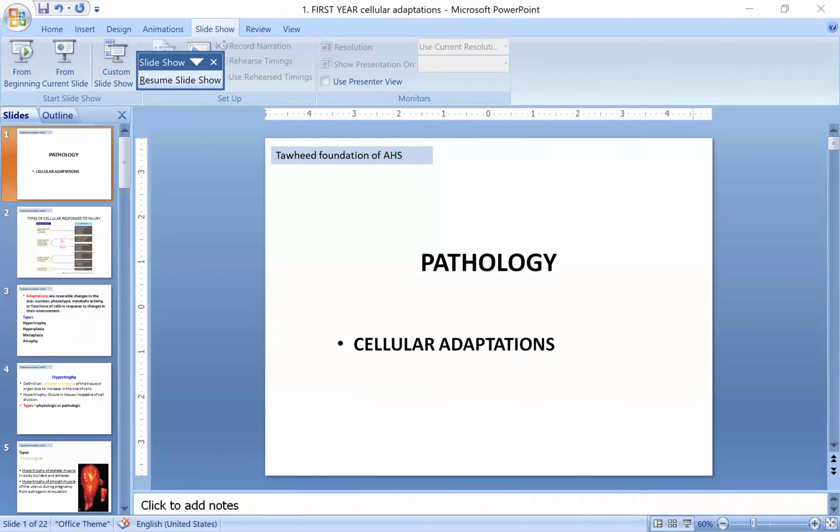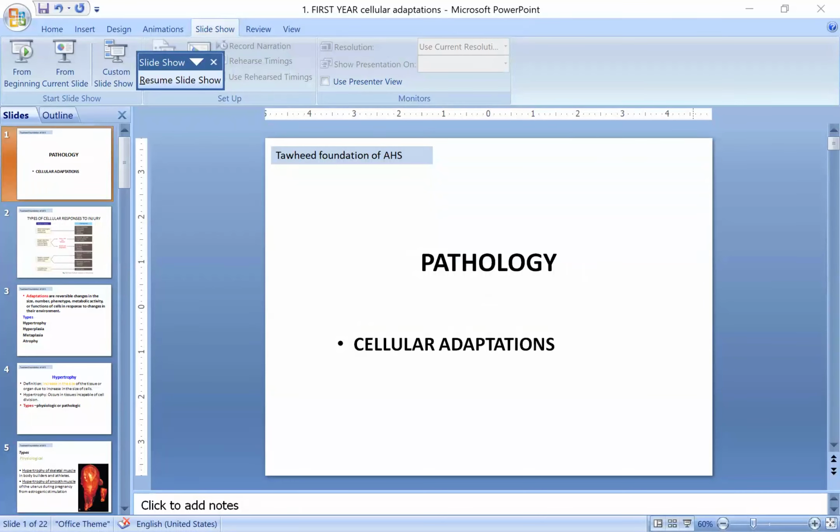Other than that, we have intracellular accumulations. That means inside the cell there will be some components of the cell itself, like your glycogen, the stored form of glucose, or the lipid, or the water content. It will start accumulating when the cell is having all these normal constituents in an abnormal quantity, or some abnormal constituents coming inside the cell, like your pigments.